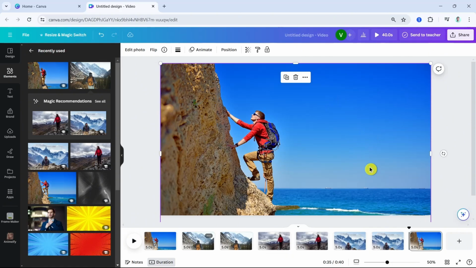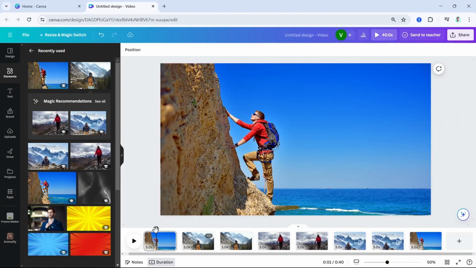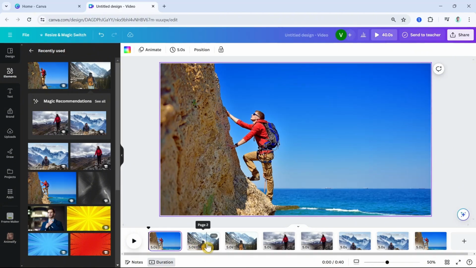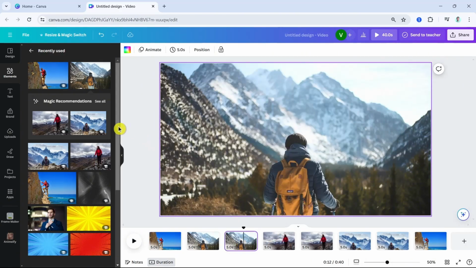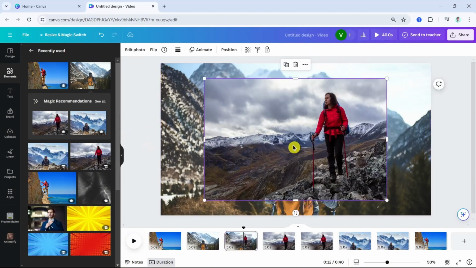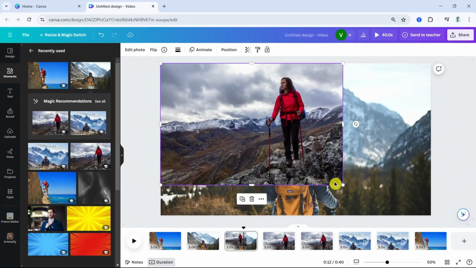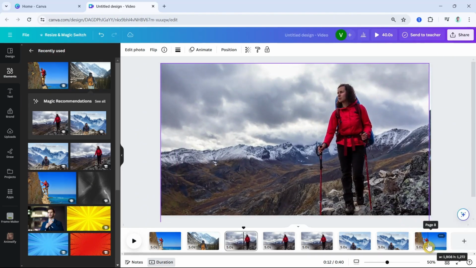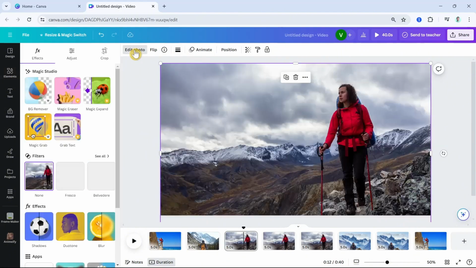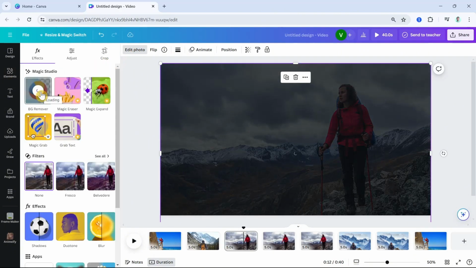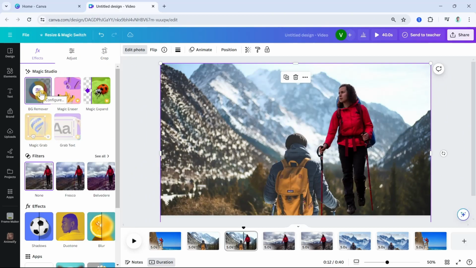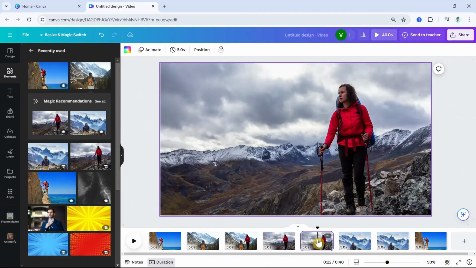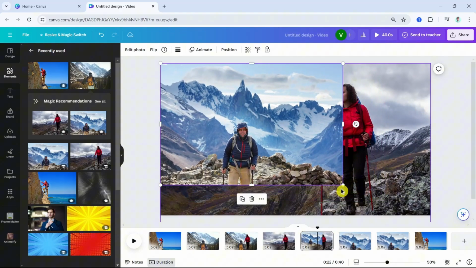Now the next step that we can do here is go back to this first page right here. And then I'm going to the third page. And then I'm going to add the image from page 4, right? So this one here. And then again, drag the corner, click on edit photo, and then click on background remover. Once done, now go to page 5, select the image from page 6, again drag the corner at the bottom right,